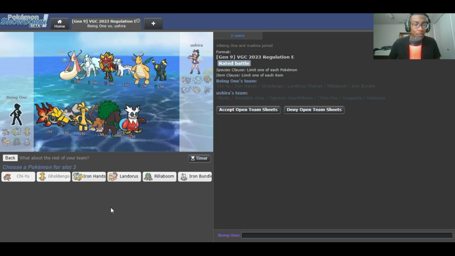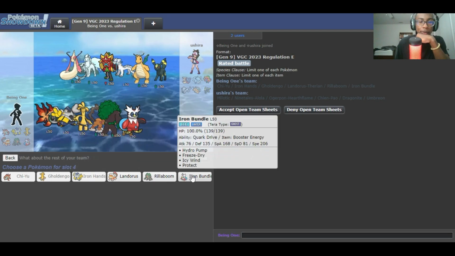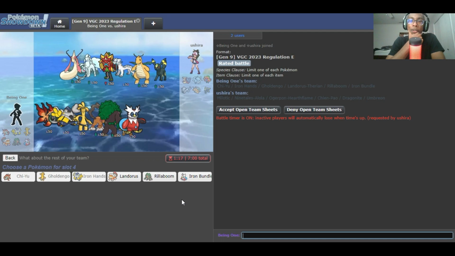Okay, guys. I had to think about this one because I'm trying to account for that Chien-Pao Dragonite. And once that's gone, pretty much Iron Hands plus Bundle should close out the game for me. Oh, let me not click that first. So I'm leading Chiyu Goldengo, because if he leads the Chien-Pao plus Dragonite, I Tera Ghost my Chiyu and burn the... I mean, would the Dragonite really lock into Extreme Speed against these two? That's the question. But I want to burn that Chien-Pao and I'm going to Protect my Goldengo, that way the next turn I can just...